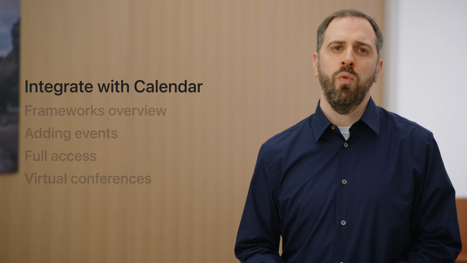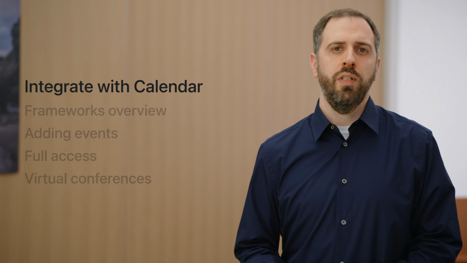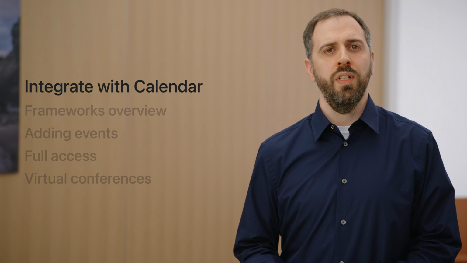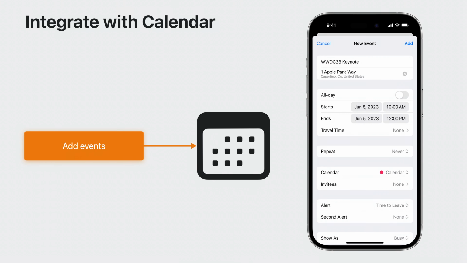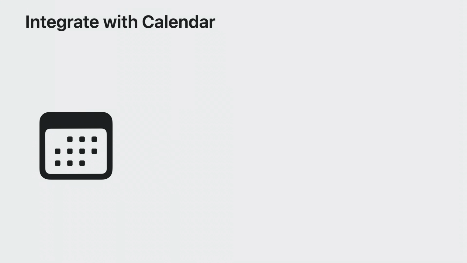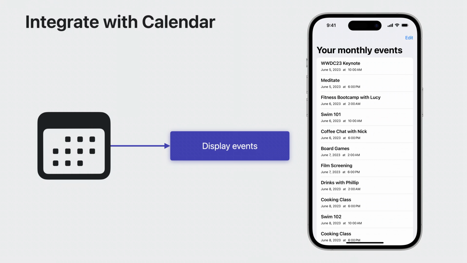People rely on their calendar to keep track of their time and plan for their future. But Calendar is more than just one app. There are different roles that apps can fill when integrating with Calendar, and when put together, these different roles provide for a richer calendar experience. Some apps support making reservations, buying tickets, or arranging meetups. They take part by adding events. Some apps participate by displaying events, maybe for a custom calendar widget or a planner.